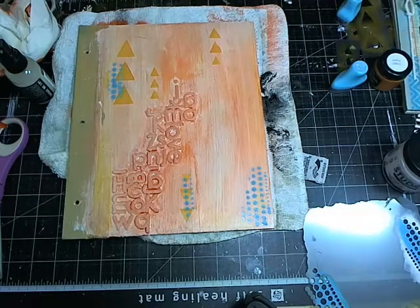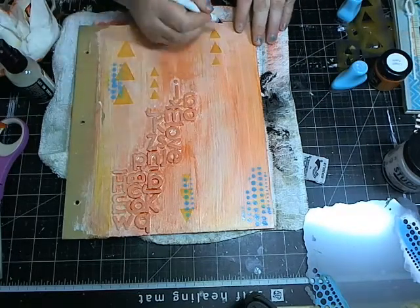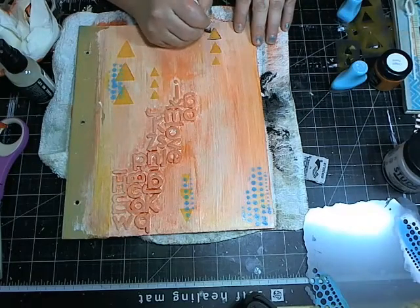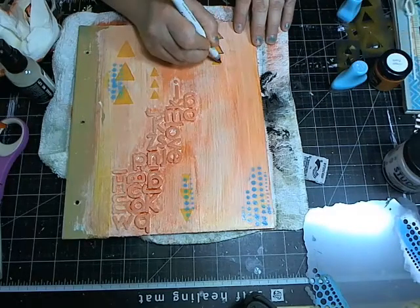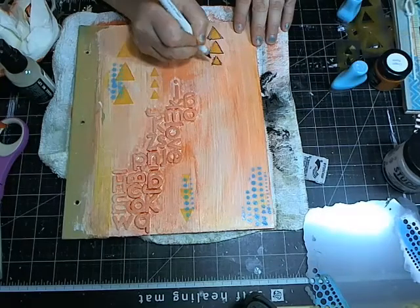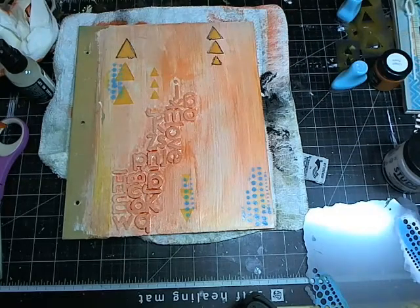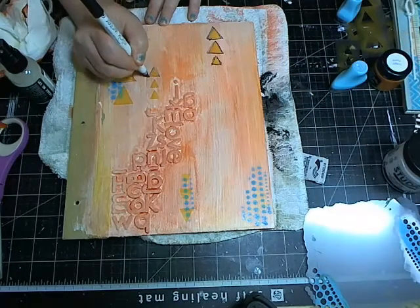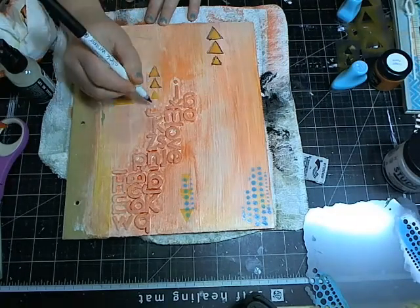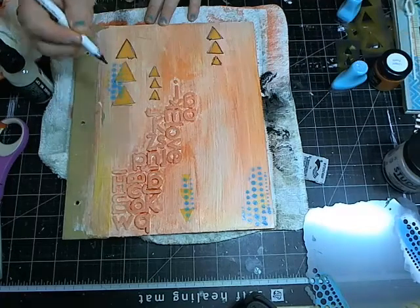All right. So to help the triangle stand out a little more, I have a pen. You can use any black pen. This is the Slick Writer by American Crafts, so you can use anything that'll paint on wood. This one gets a little testy on the wood, or on the paint, so I would just pick and choose what you use. Alrighty. You could also use the Faber-Castell pens with the same technique, and it'll work really well. I'm just helping our little triangle stand out. Adding the black will help draw the eye as well. It's a nice, just subtle